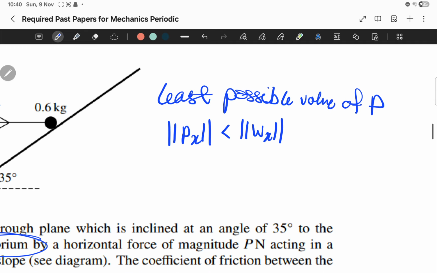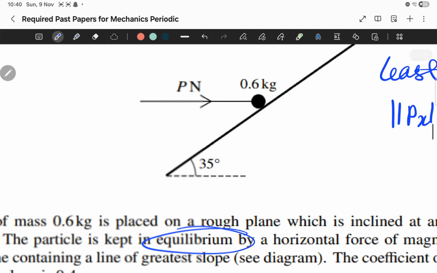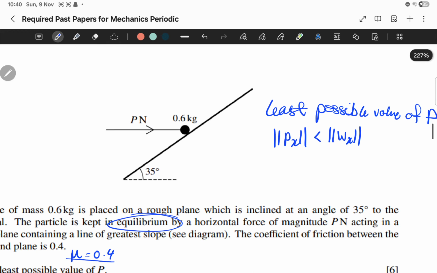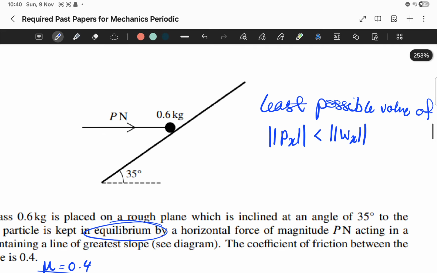What does this mean? This means that the object by itself, like if there was no friction, this is how you find the direction of friction. This is what I was telling you. If there was no friction and force P was applied, like this is a smooth surface, it would fall down if we want to find the least possible value of P. If we apply P at the least possible value, let's say it was 2 newtons,